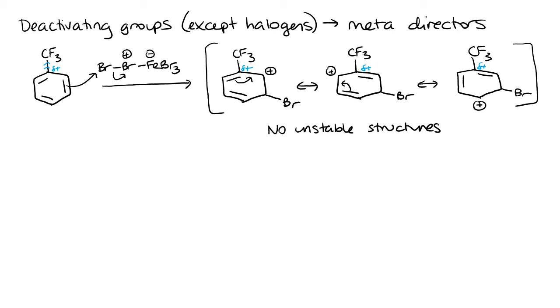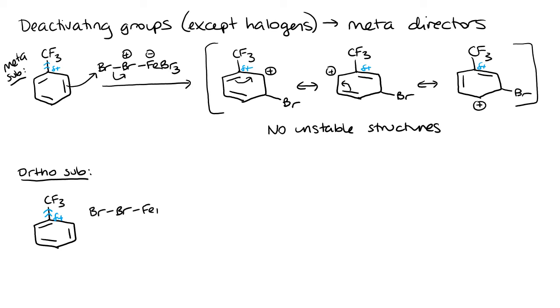Now let's go ahead and take a look at what would happen if we were to do an ortho substitution with this deactivating group. And this one's meta substitution. Okay, so we'll start with the same group. Again, we know that it is a deactivating group, pulling the electron density. And if we were to react it with the same electrophile, but now place the bromine at the ortho position,